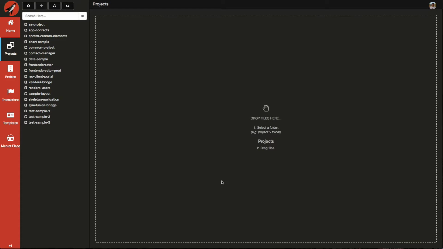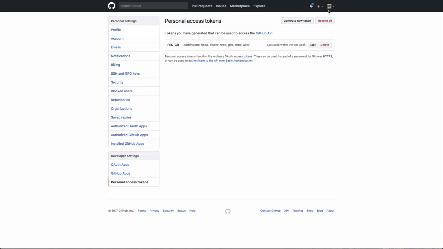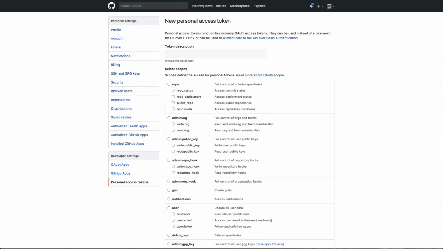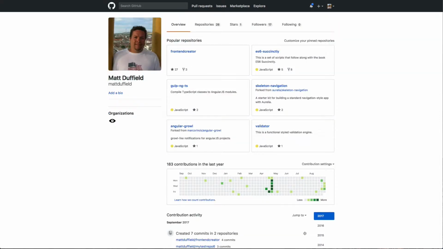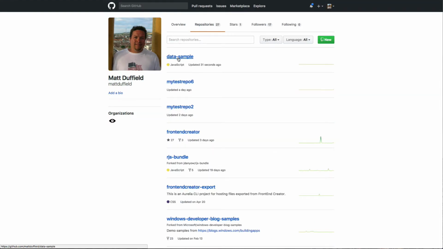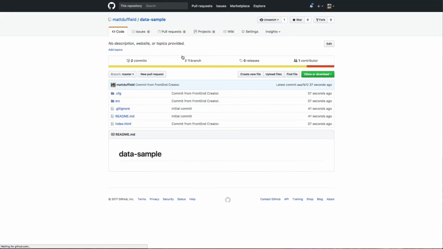It's a little slow just because it's actually going through all of your projects in GitHub to ensure that the name doesn't match one of the project names that we have here. Right now I'm just using the same convention of whatever project name that you provided. That is what it's going to create. So if I go back to my Git account and look at my repositories, you'll see that data sample was just created, and it has everything that was in